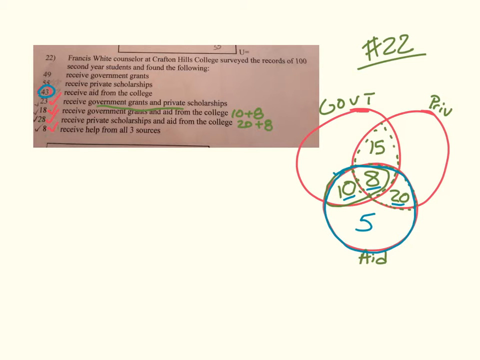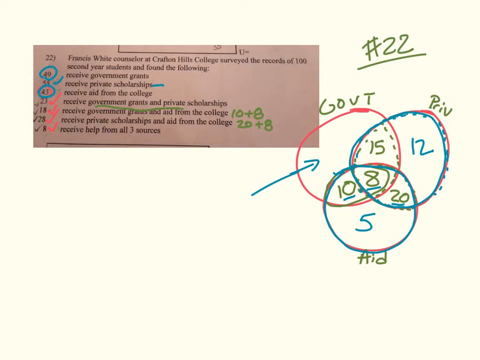Similarly, receive private scholarships. This whole thing right here needs to be 55. And we've got 20, 35, 43, which would make this one have to be 12. Notice that the sum of all of these has to be 55. And then last but not least, using similar logic, if we want 49,